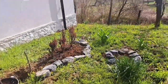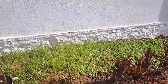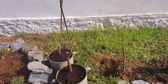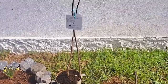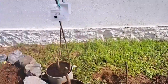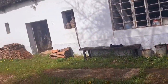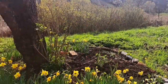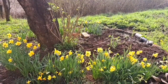So what else I got from the garden centre were these red rockets, which I've put here, and these Sharon fruits, which I wasn't quite sure where to put, so I've just potted them up in a larger pot, and I'll think about that at a later date. I've put more lupin seeds down and zinnia seeds, and I put some down here. So obviously the daffodils have come up, which is great, and I planted these, I think it was last October,